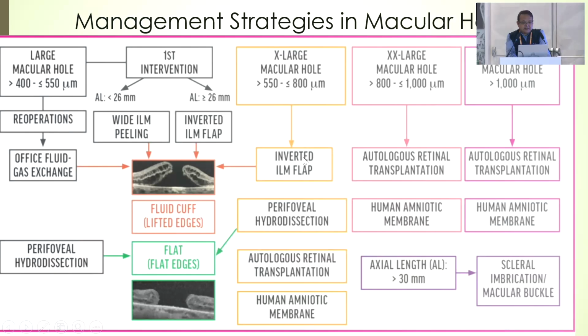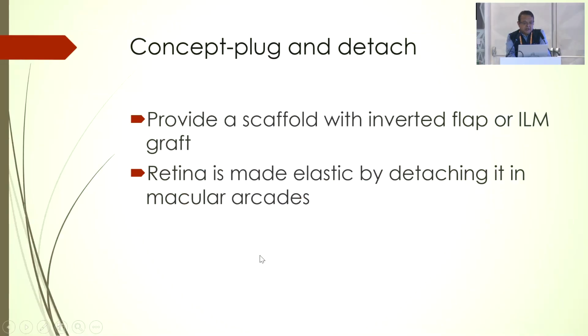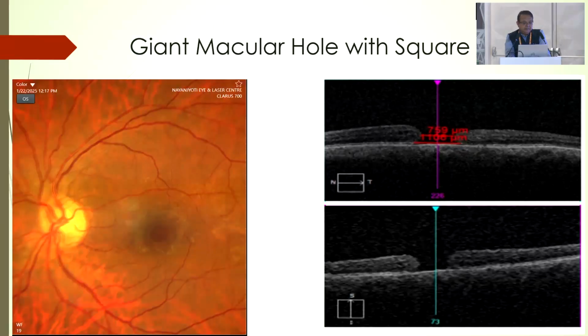These are the management strategies for large giant macular holes. Our concept is to provide a scaffold with an inverted flap or an ILM graft, and the retina is made elastic by detaching it in the macular arcade. Now, if you look at this patient, it's a giant macular hole. The base diameter is somewhere around 1100, and the minimal diameter is 800 microns. So we go ahead with the surgery,